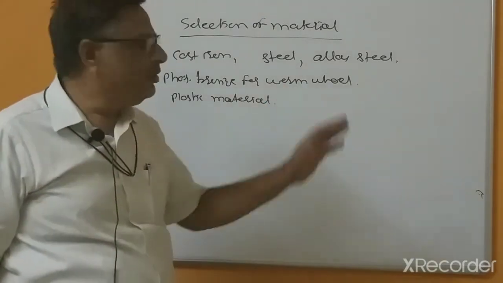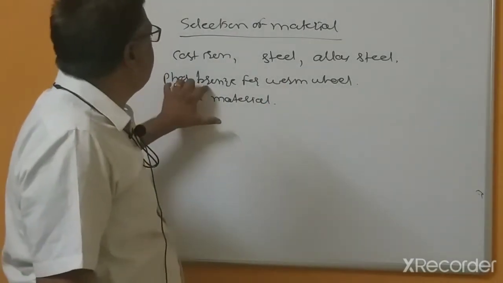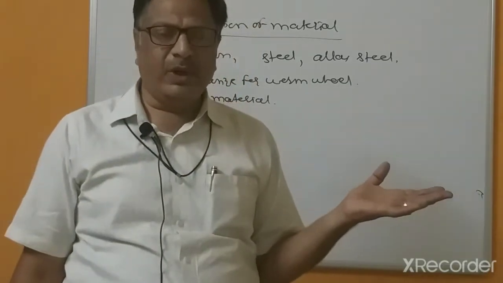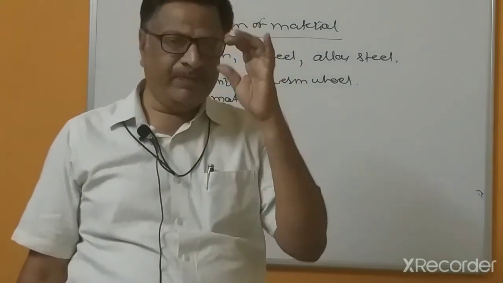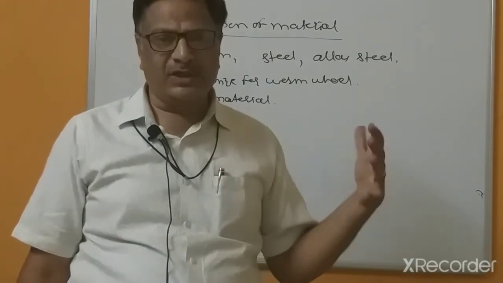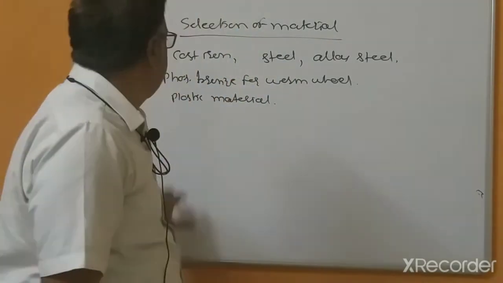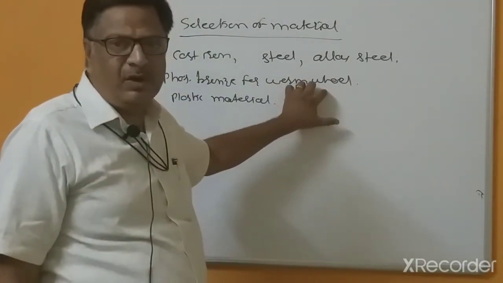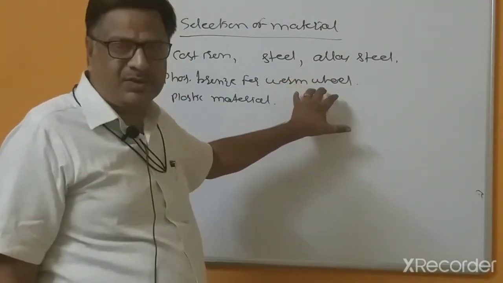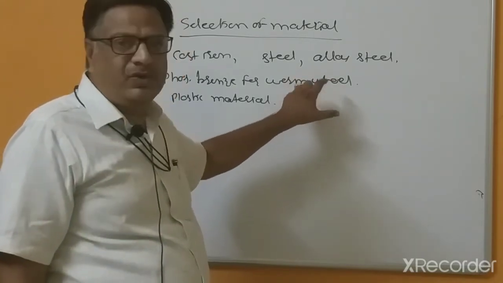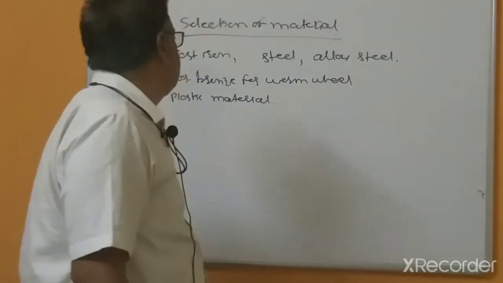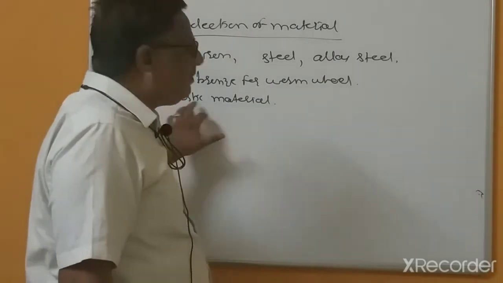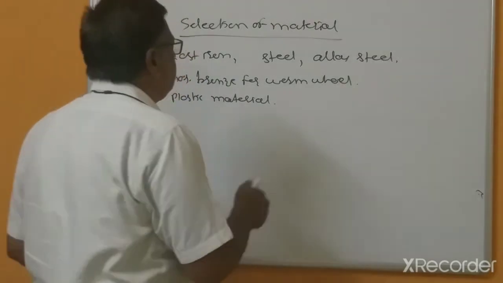So that may be nickel chromium added. And phosphorus bronze material is a popular material for worm wheels, because the heat generated has to be transmitted to the surroundings. So that's why phosphorus bronze material is used for the worm wheel, but this material is costly. But for the transfer of the heat, we have to use phosphorus bronze materials for the worm wheels, in the worm and worm wheels.